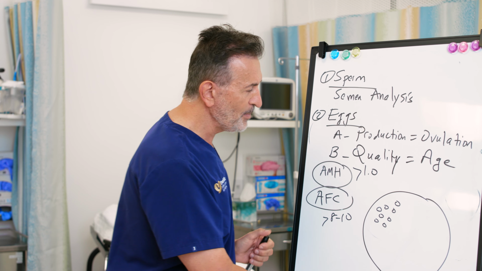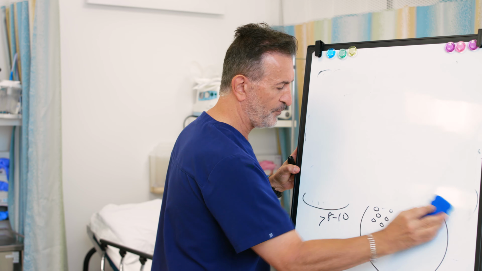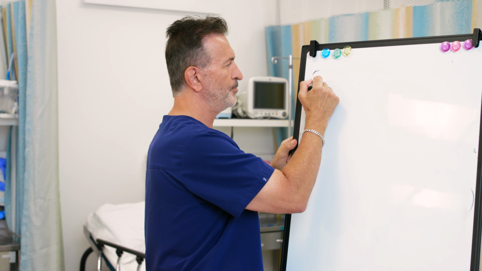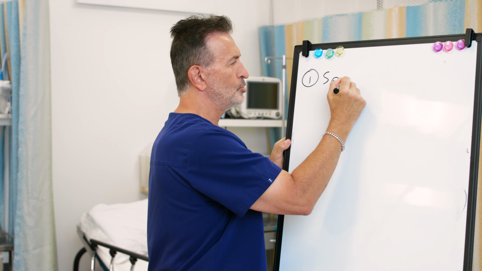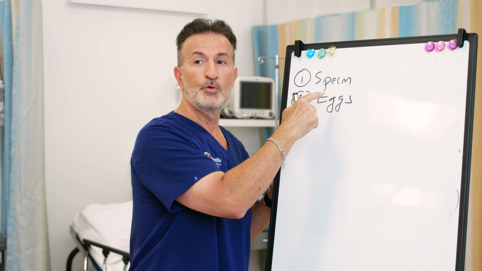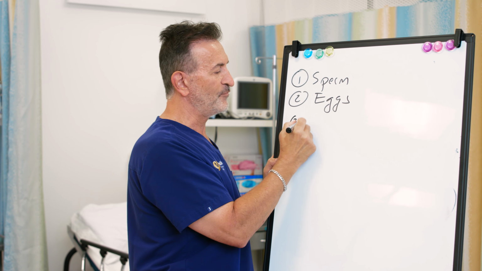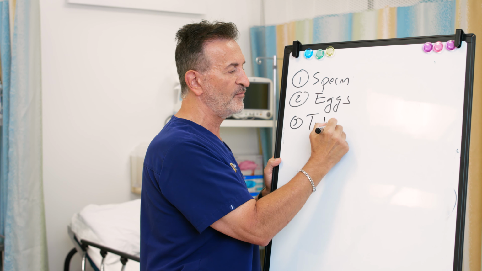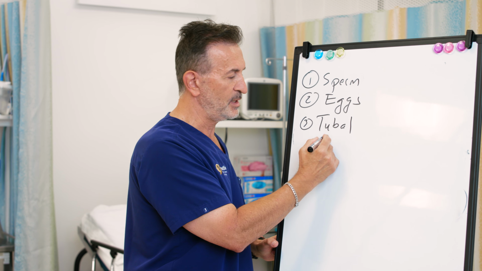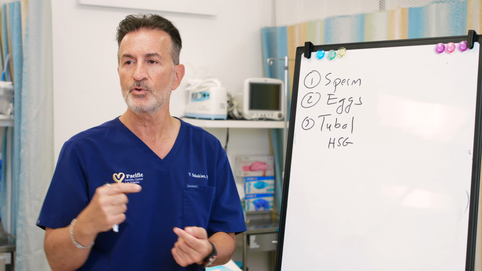So the common causes of infertility, as we just discussed 2 of them, and just to review quickly, 1 was sperm, 2 was eggs. Again, you need normal sperm, you need to ovulate, and you need to have good quality eggs. They have to meet, and that means you have to have open fallopian tubes. The test to check for this is something called HSG, where we shoot dye through the cervix and see if